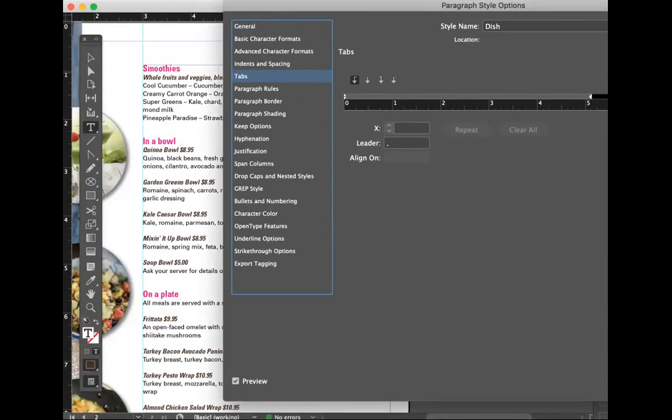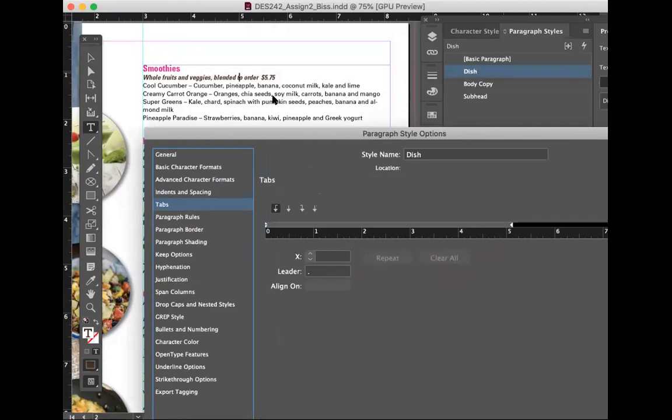Anywhere I put this tab, it's going to be applied to that type box from 0 to the 5 where it ends. Now these are your different tabs. You have a left justified. If you just hover your cursor over, you'll see it's intuitive where it'll tell you what each one is. So we have the left justified tab, centered, if you want a center tab, a right justified tab, and then aligned to decimal. We're going to do left justified because we're going to have certain things tabbed over.